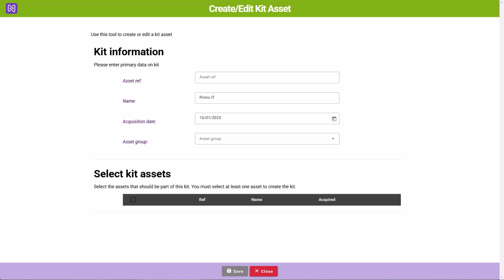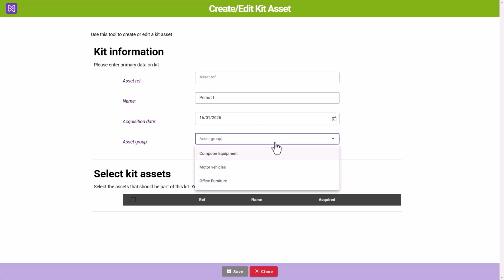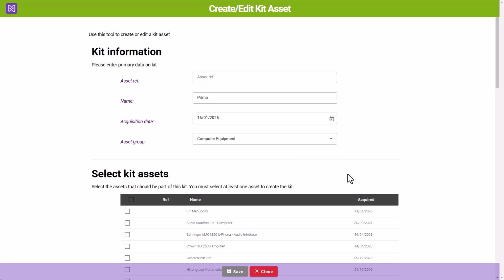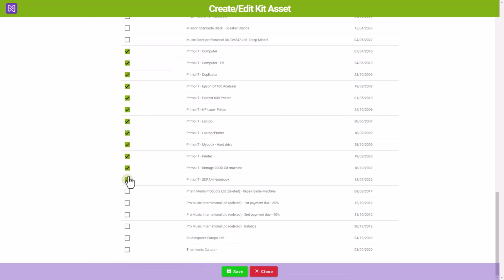The acquisition date is actually the date that you create the kit. Then we must select an asset group for which the kit is going to be used. From the list of assets below, we can select the assets which should be included in the kit. We need to select at least 2. Once we've selected 2 or more, the save button will become green,